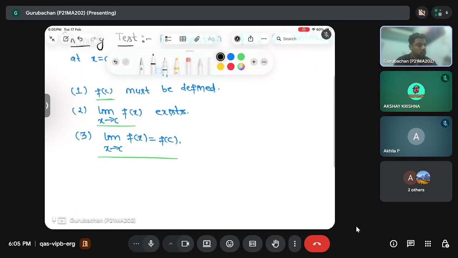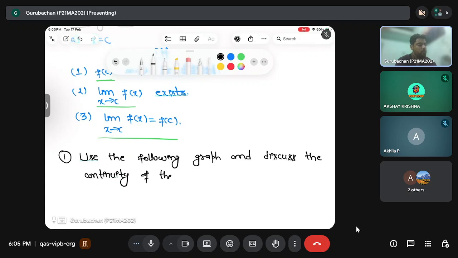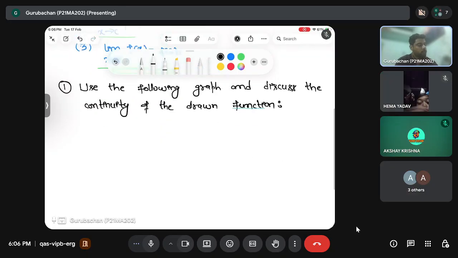Okay. So let me write here the first question. Use the following graph and discuss the continuity of the function. So the graph is as given as